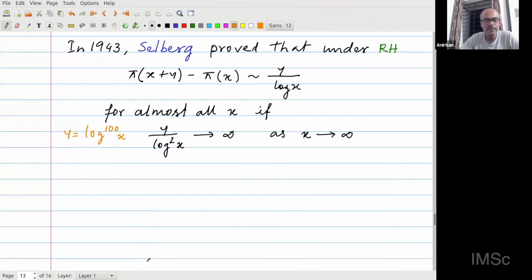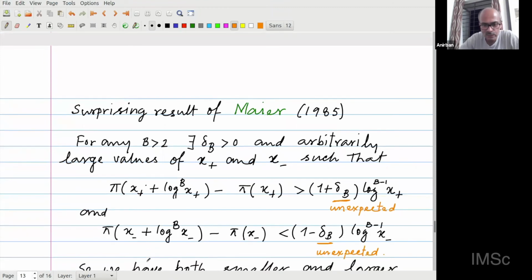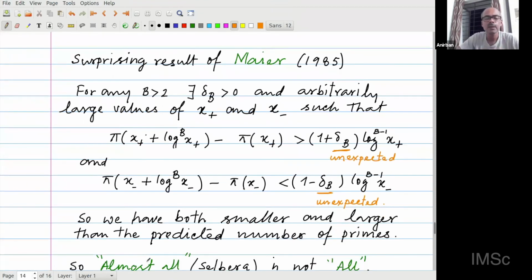Then one of the biggest shocks came in 1985 with the result of Helmut Maier. So a very surprising result. Let me try to explain that. What he proved is that for any b, you can think about b to be say 100, so let's say b is just 100. Given this, there exists some positive constant delta b, and arbitrarily large real numbers x plus and x minus, just notations, such that